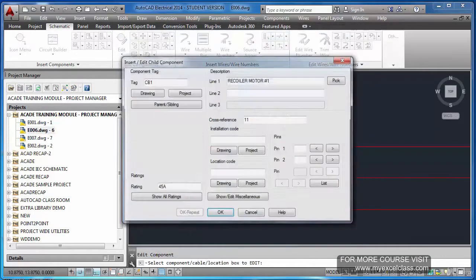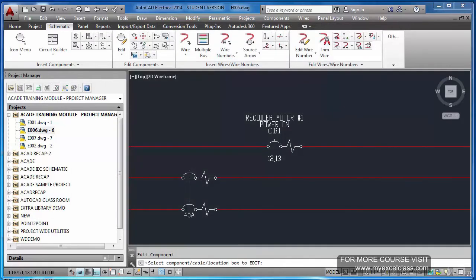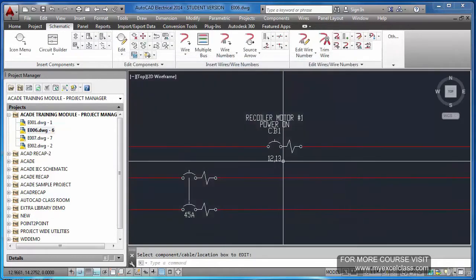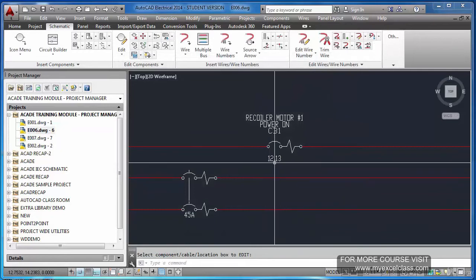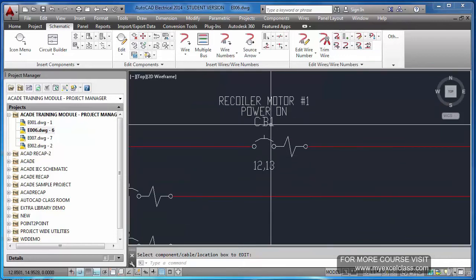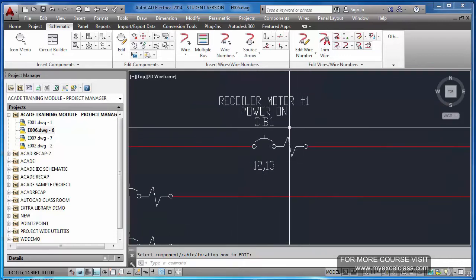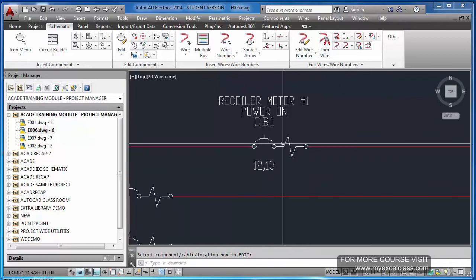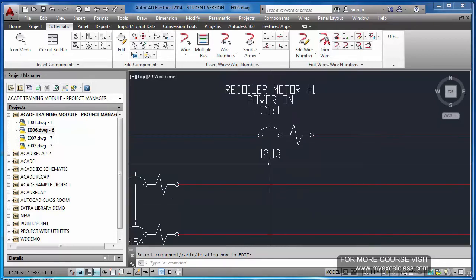Here also you can see CB1. Here also CB1. But you have noted this 12 and 13, it was not there earlier. It is showing the cross reference. The 2 children of this particular component have been used in line number 12 and 13.